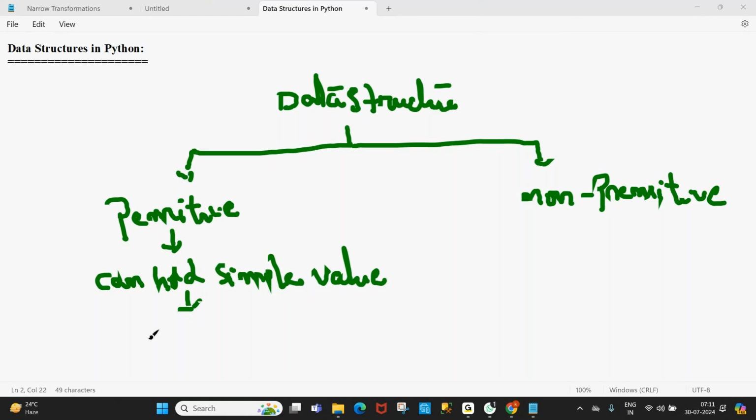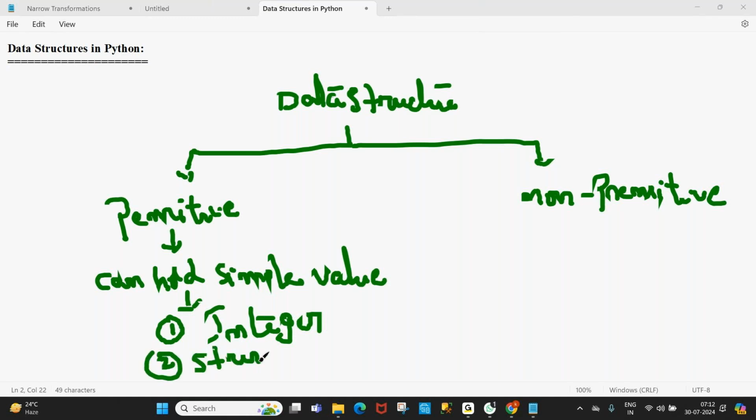I'm saying basically what are the primitive data structures? Integers, guys, come on. Integer is one primitive data type. String, and third one, float.